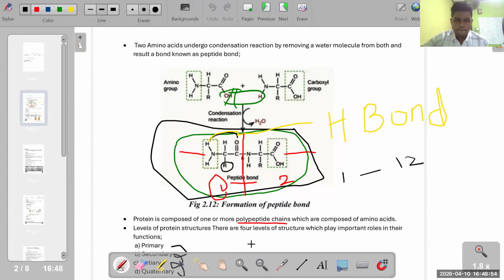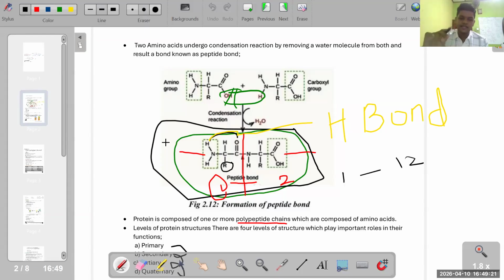Same backbone, sir. Yes. Can you see? So here you should not say two backbones. Why? Because it is taking place within one amino acid, not between two. It is not taking place between these two. It is taking place within the same amino acid. So we should use the word same backbone. Yes, two components of the backbone, right? Two components of the backbone.